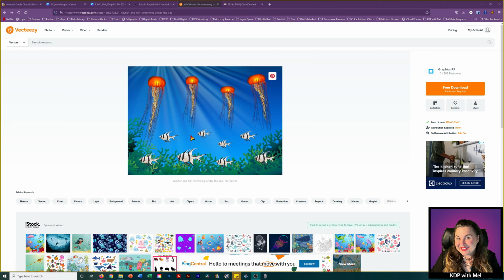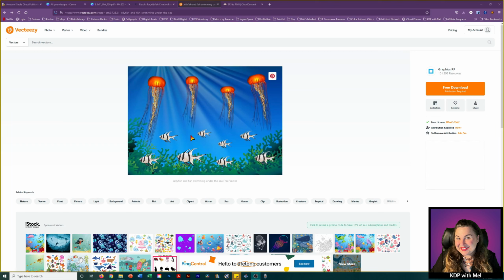All right, so I want you to check this out. When you get graphics off of Vecteezy, they're vectors, which means their format is EPS. So they do have transparency, which is what we're looking for. That basically means the image will be in the middle, and around the image, instead of being white, it will be transparent. That's perfect for us. Now, in order to make these